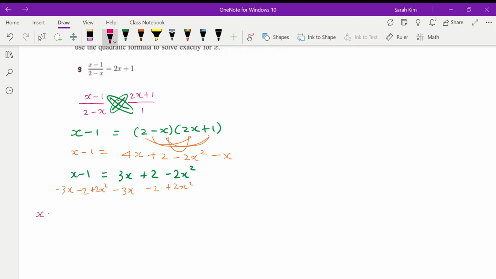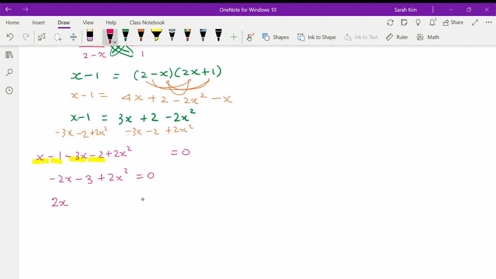So if I write it in a big long line, this is what I get, and then what I'll do next is simplify it. Oh, I wrote that one. That was meant to be on this side. Make sure you make it nice and clear which one's which. Alright, so I've got my x's, collect the x's, minus 2x, collect the numbers, and I've got 2x squared equals 0. I always like to write it in the correct order, so x squared first, then my x component, and then always move